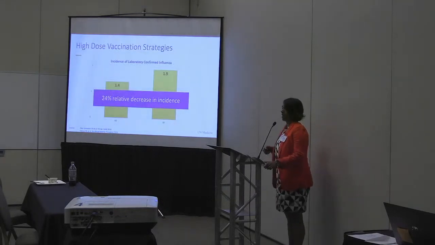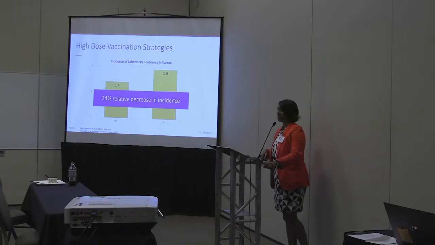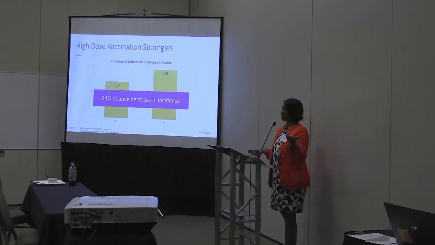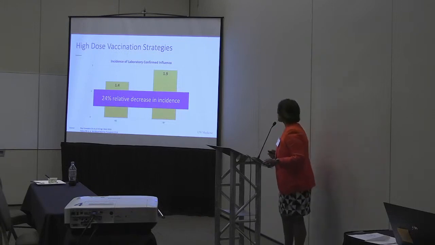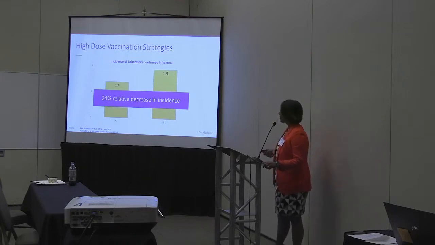There are also high-dose vaccine strategies. Just this season, we've seen a more robust recommendation from ACIP, after years of a wishy-washy kind of recommendation, for individuals 65 and over to preferentially get the high-dose flu vaccine. For years it was, it's the same, you can do either way. But this year they put their foot down and said, yes, you should do the high dose for 65 and over. And this is really based on this study, as well as some other smaller studies that showed a 24% relative decrease in incidence of laboratory confirmed influenza in individuals 65 and over who got the high dose vaccine.